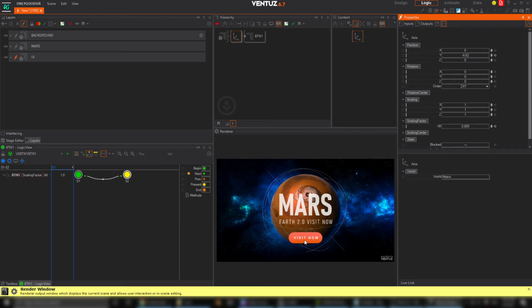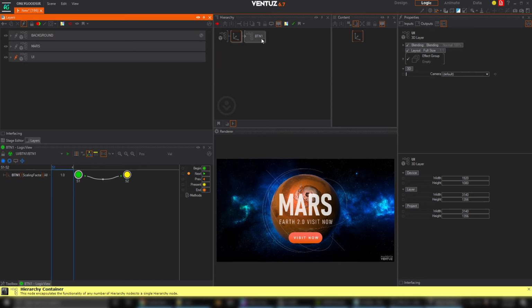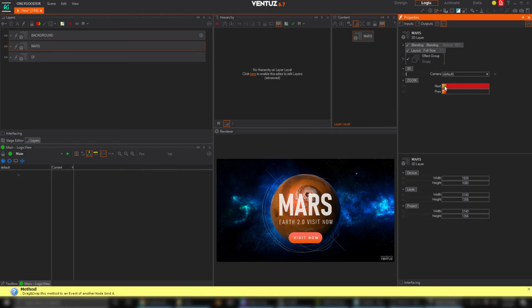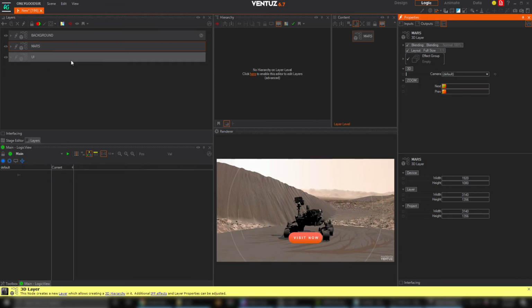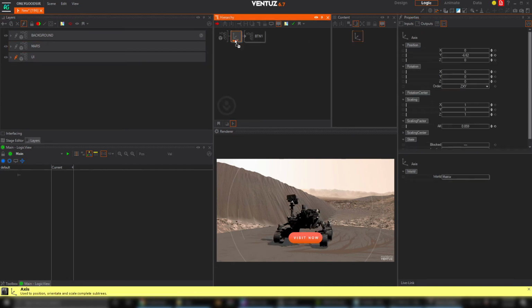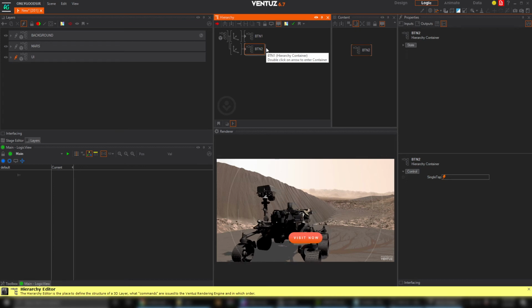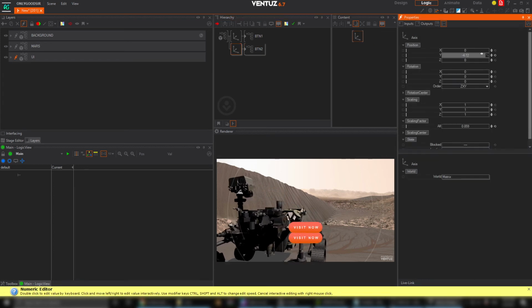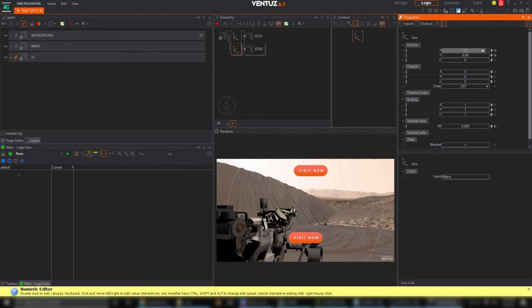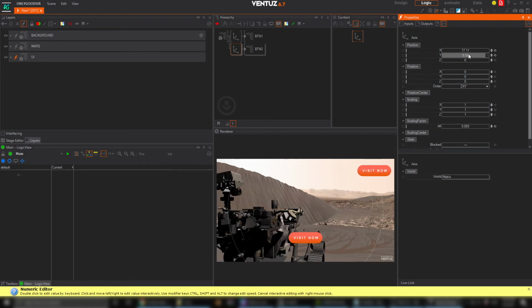Anyway, this is visit now, or whatever you want. Did I even spell that right? I don't know. I don't even know if I spelled visit right. But anyway, so I've got button 1, and before I do click on button 1, I want to duplicate this button, this UI, so I have button 2. Okay, button 2, and I'm going to just position this, maybe say the top corner here, something,